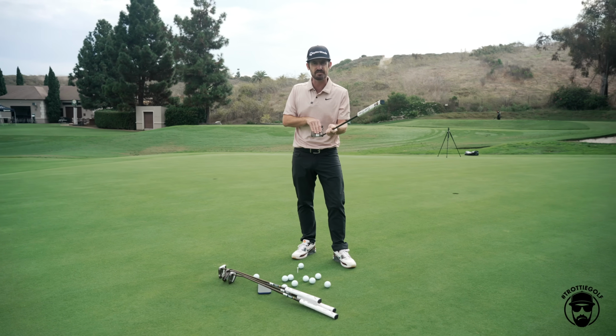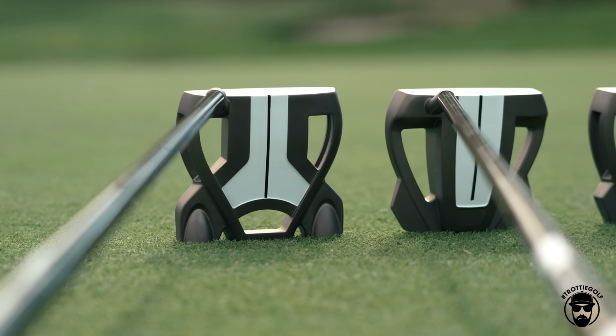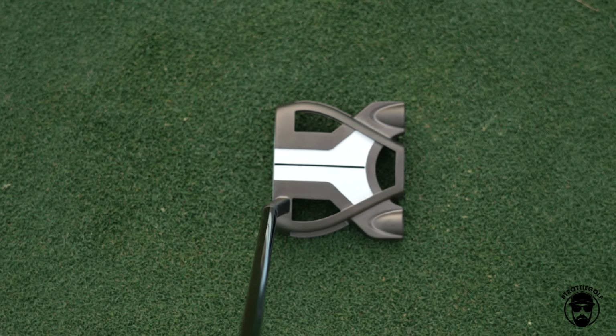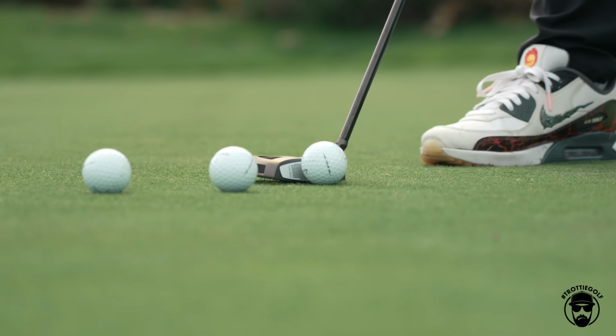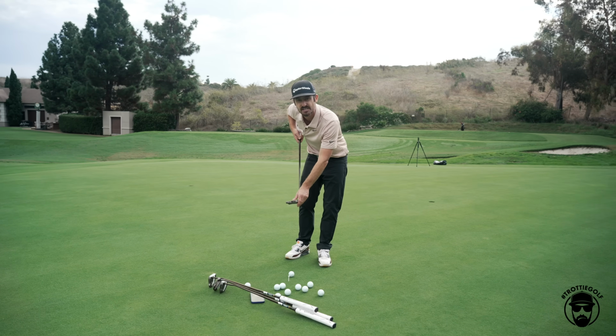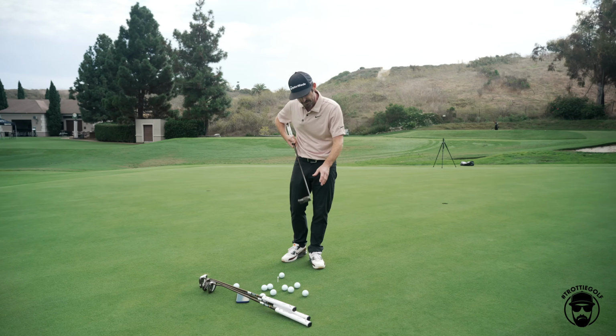But what this True Path does, other than just looking pretty cool, you're going to have a white line on the top of the putter. Now, when you put that down, a mallet putter, which is this larger shape, has quite a bit of real estate on the top. So having that white line on the top of the putter that works like an infinity pool over the front of the blade, it's then going to give you a line to the hole, and it's going to allow your